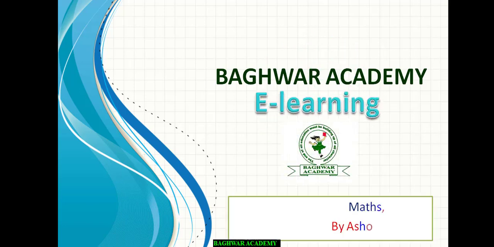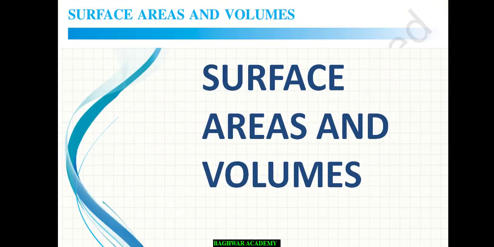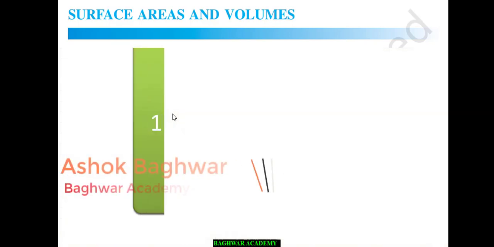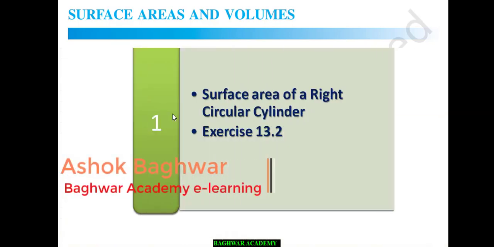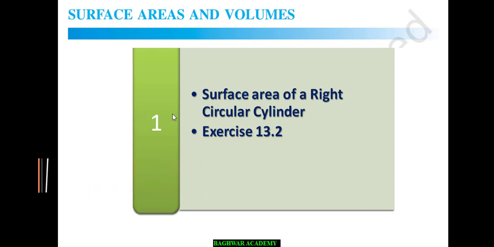Today in this class we are going to see mensuration. Last day we had already discussed surface areas and volume, and in the last class we discussed the surface area of a right circular cylinder. So I don't think you might be having any problem. You must have revised properly as it was told, from R.S. Agrawal. All the examples you must see. I hope you have done that. Today in this class we will see exercise 13.2.